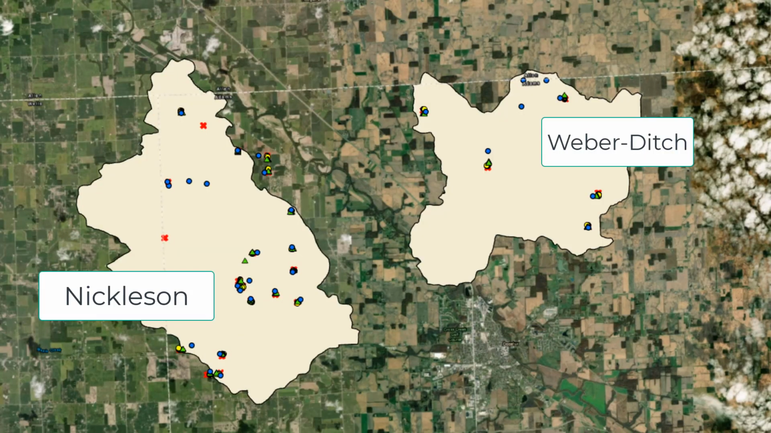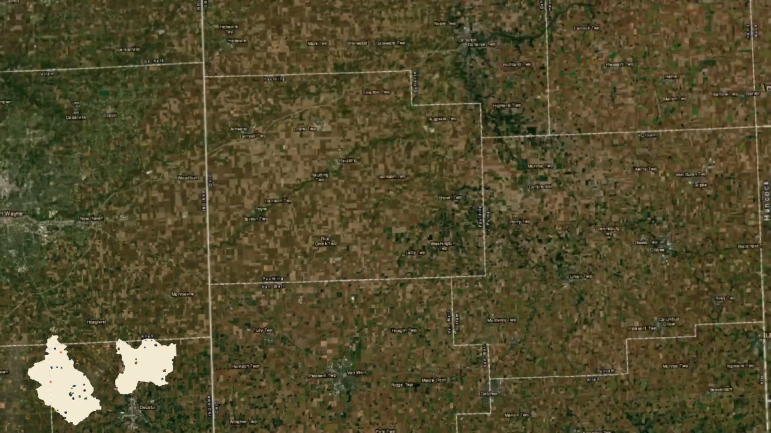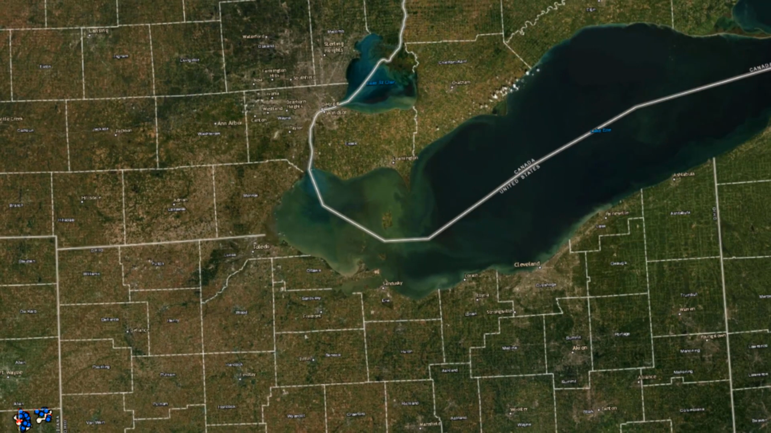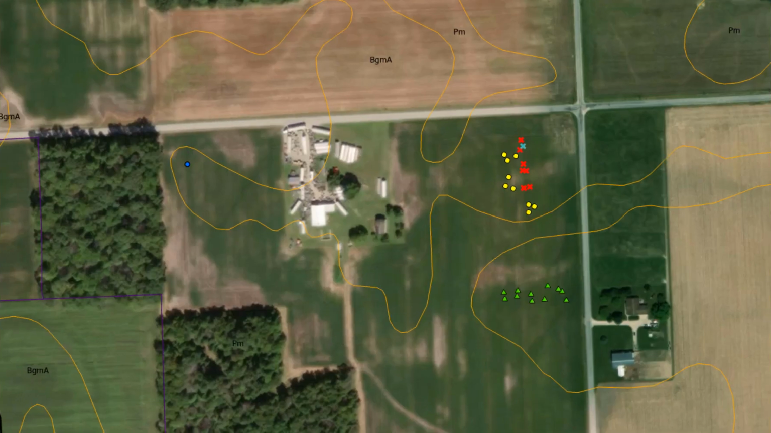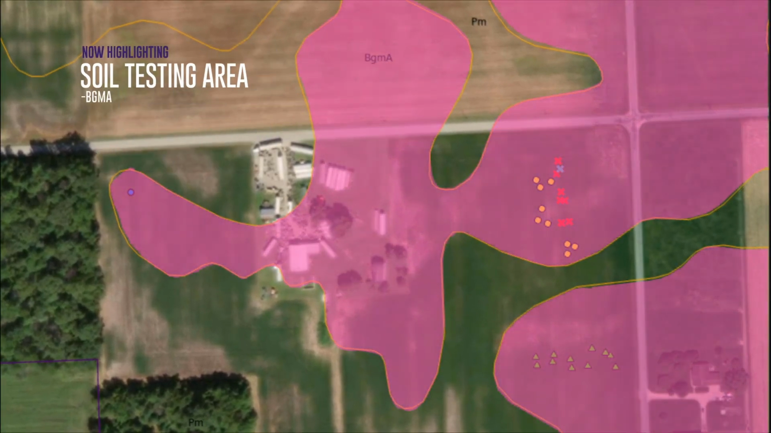Our team takes samples from approximately 25 sites in the Nicholson and Weber Ditch subwatersheds, which are both a part of the Western Lake Erie Basin. Each site consists of 3 replicates. Each season, we sample from a different place in the field and use GPS coordinates to check the soil type